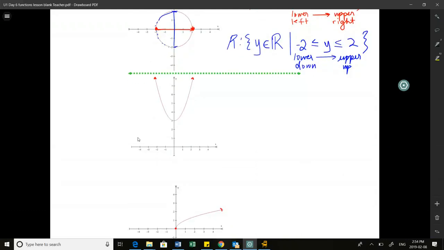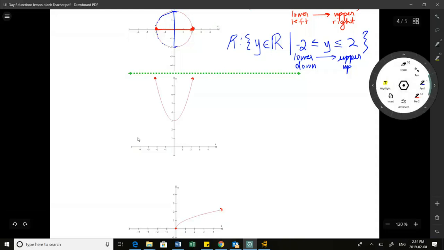Okay, so we'll notice firstly that there are little arrows on the end of this one. So we're going to imagine this going up and also expanding forever, right? So to infinity and beyond. So let's think horizontal to start. We're going to start up our domain expression here. So x is an element of real numbers such that,